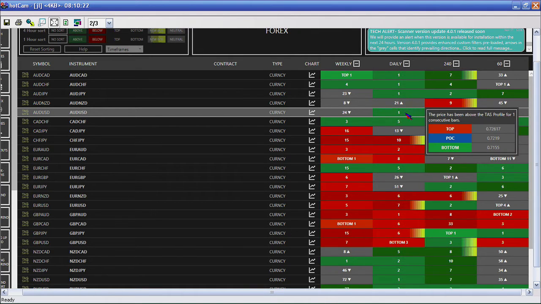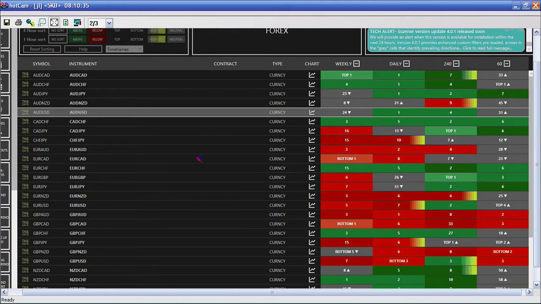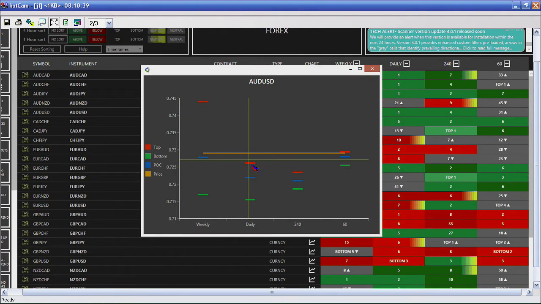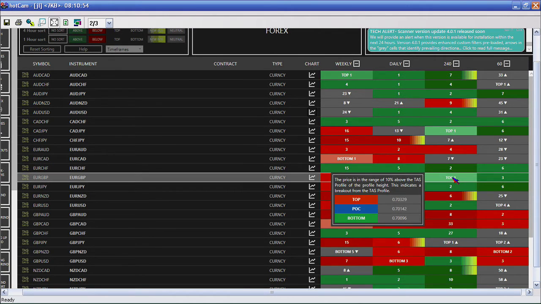This bar one up is really clean and clear of the noise level of the top of the box. This 24 signifies, by definition, a break for 24 weeks in a row on the downside, and still in a so-called downtrend because we're within this profile in the weekly. But remember, we've clean and cleared what would be categorized as top and are having a valid breakout on our daily here. And I want to show you something. See that top right there on the euro British pound cross? That on the 240, just to give an example, is saying that we haven't gotten out of the noise range on the breakout. It's the first time we've lurched above.